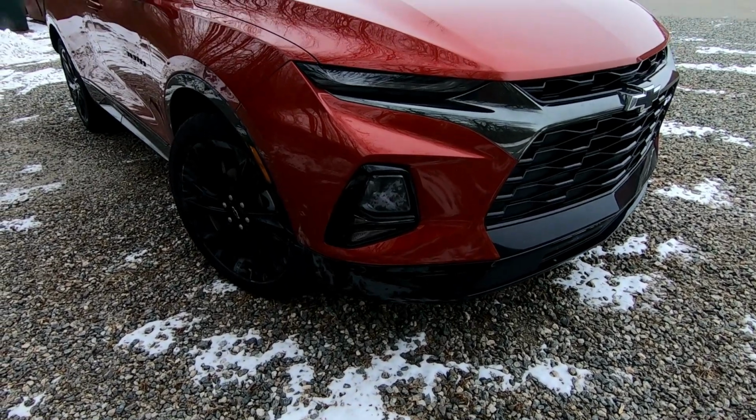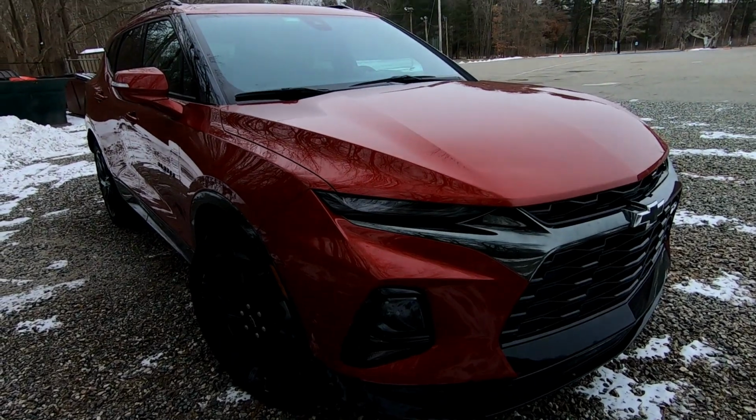This is my 2019 Chevy Blazer RS, and I want to talk about optional packages. Now, you can add on anything from storage packages to decal kits, but I want to talk about the driver confidence package. This package is $1,650, and it includes some of my favorite features of the car. LED headlights, safety alert seat, automatic emergency braking, wireless charging, rear camera mirror and washer, HD surround vision, and adaptive